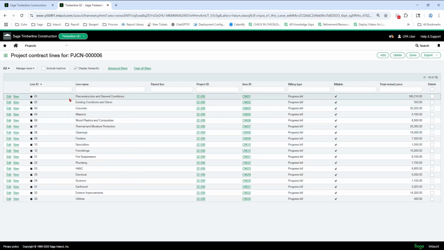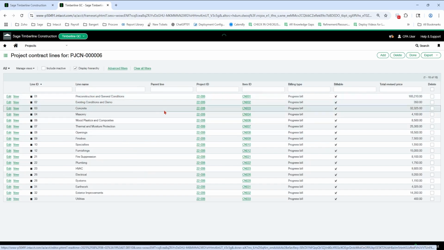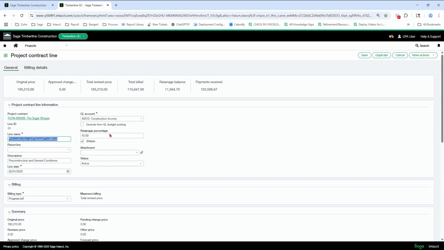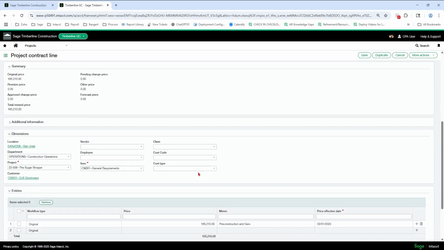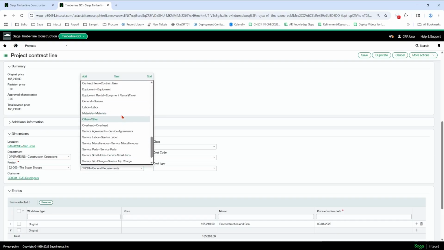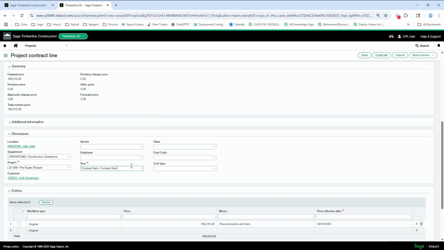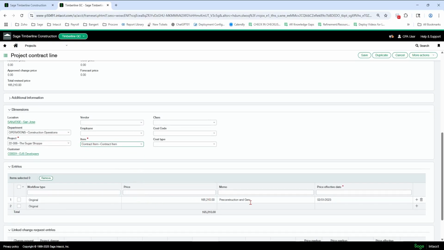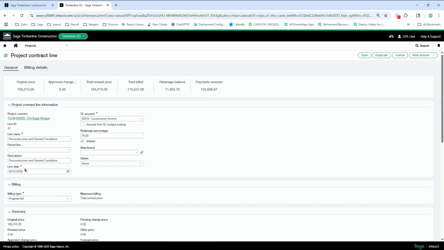That was the line I was trying to generate, something similar to that. As you can see, header info, progress bill. My project down here, the department came in. Do not use the more complex structure. You're going to use contract item to make it easy. You do not need that detailed item listing. So you just want contract item there. And then your amount down below, it's going to put the memo and the date in for you based on pre-construction up here and the date on the header.